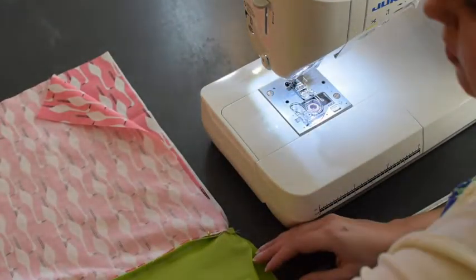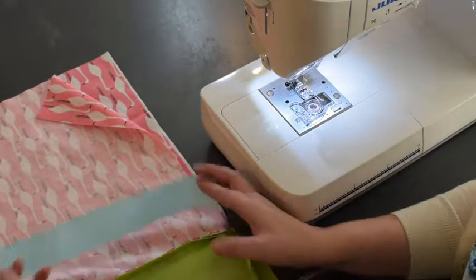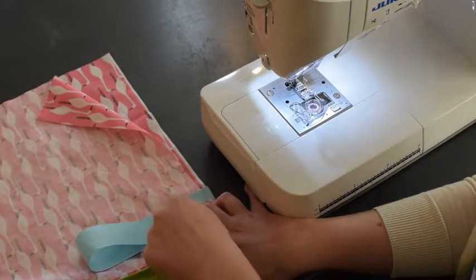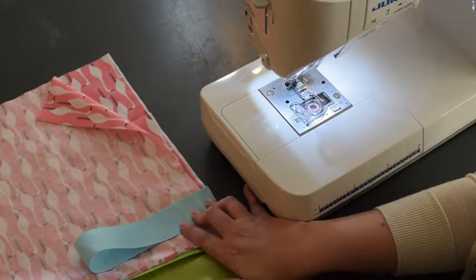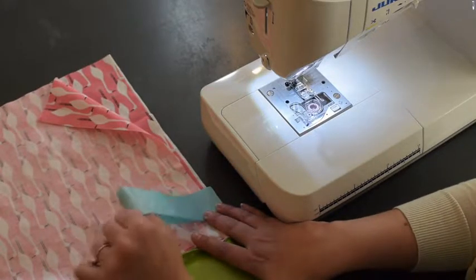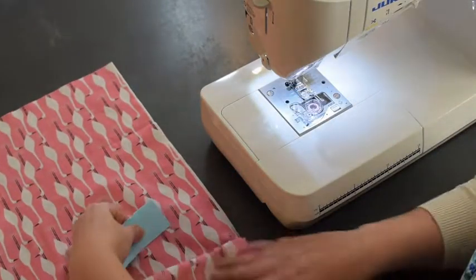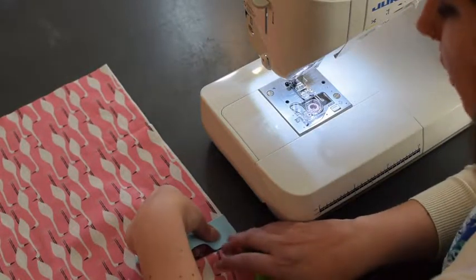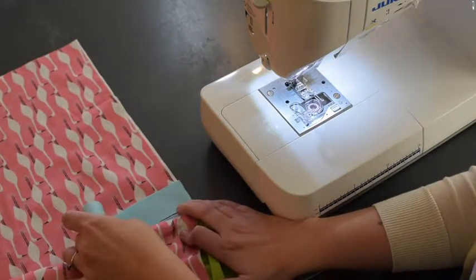And then let's install your handle. Sometimes I like to just put in one side and then when the bag is finished, I can add a snap. That's so you can hang it from your stroller or hang it from a loop on your purse, but for the sake of this demonstration, I am just going to have just a regular handle and not a snap one. So we want to wedge that up probably about 1/4 of an inch from the top of the zipper, just like that, and then